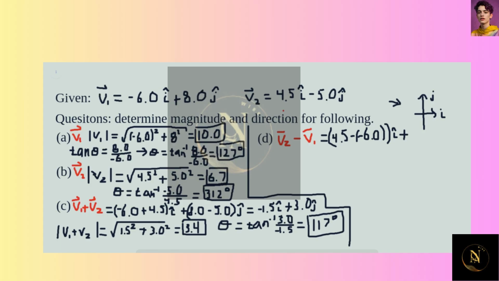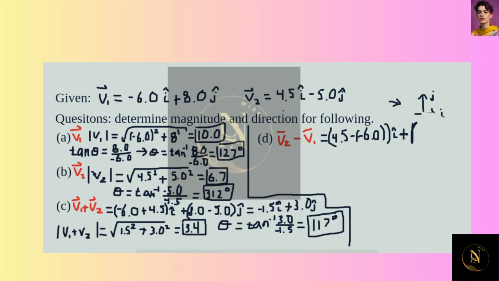And I don't want to bump into the graph here, so I'm going to erase some of this graph because we've already discussed this, what that is. So that way I have room to write what's going on in the J hat direction. Okay, so that is, well, it's not a plus sign, it's minus because we're, excuse me. It's a minus here because we're subtracting V2 from V1. Oh, and actually, yeah, we're subtracting V2 from V1, so this is a minus sign. That's correct. Okay. All right, so now subtracting,